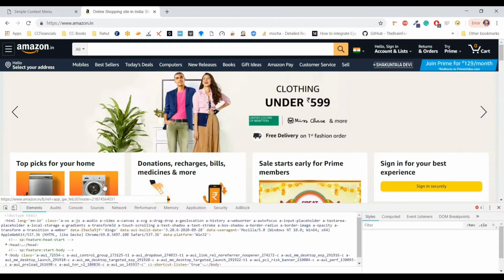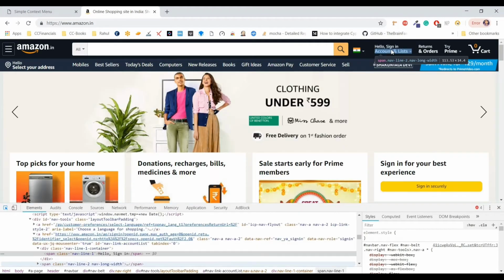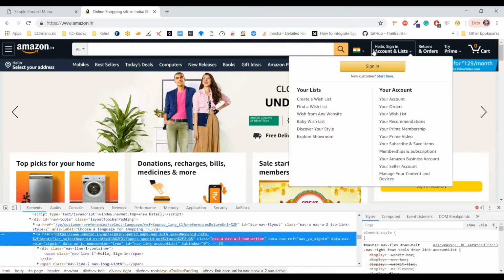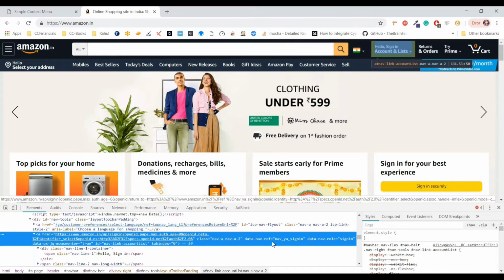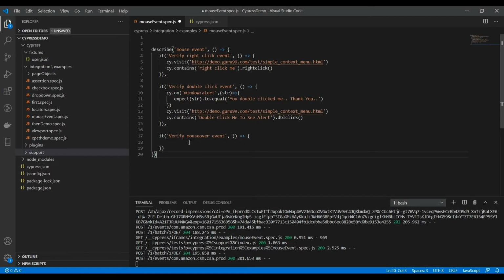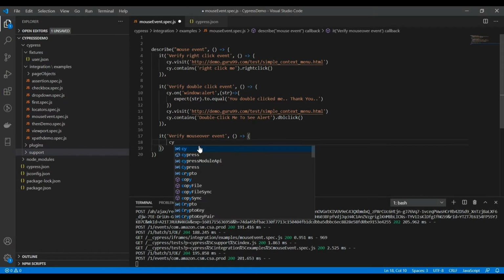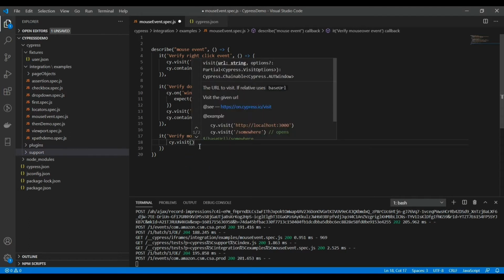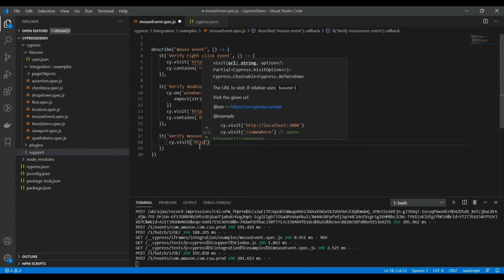So we need to get the locator for this hello sign in element, an ID or something like that, and we can trigger the mouse over event on this particular locator. This is the ID which is available. Let me quickly write the visit statement, that is cy.visit, and mention the URL, that is amazon.in.